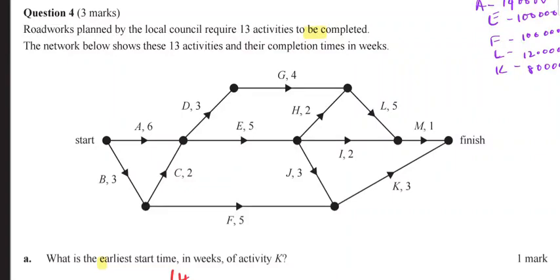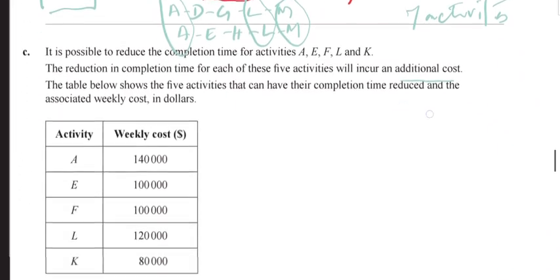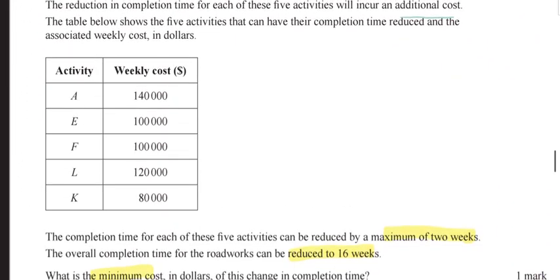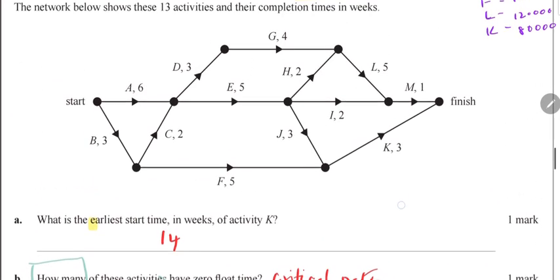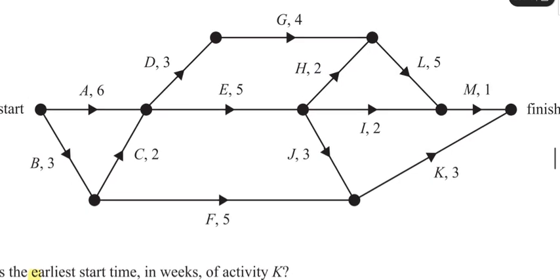Question 4 is a question which asks you to reduce the minimum completion time, and they've given you a certain number of activities that can be reduced and the cost involved. They've also told you that they can be reduced by a maximum of 2 weeks each, and now you've got to find the minimum cost involved in this reduction, and maximum you can reduce it from 19 weeks to 16 weeks. So let's look at the diagram again, and